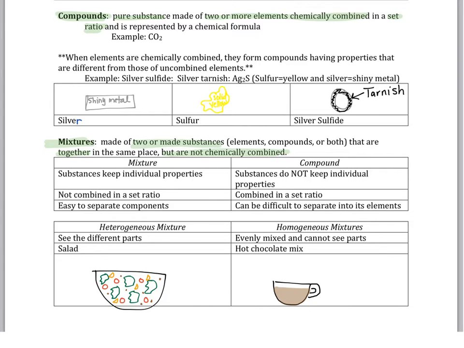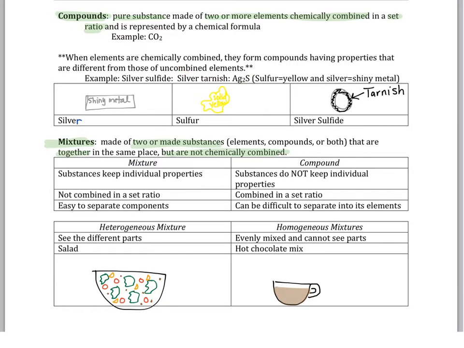We begin the next section of Chapter 2 by looking at the differences between compounds and mixtures. To review, compounds are pure substances that are made of two or more elements that are chemically combined in a set ratio. And the example we gave was carbon dioxide. It's important to note that when different elements are chemically combined, they form compounds having properties that are different from